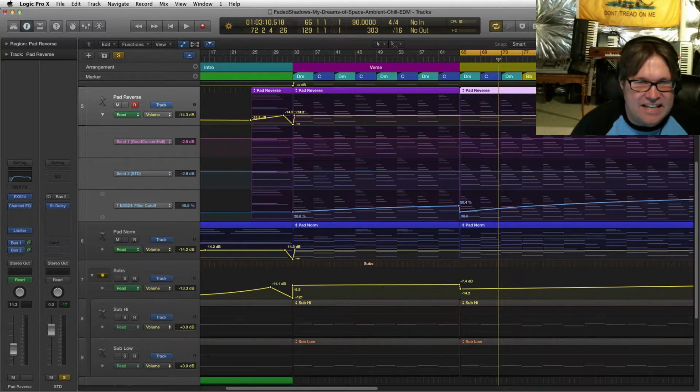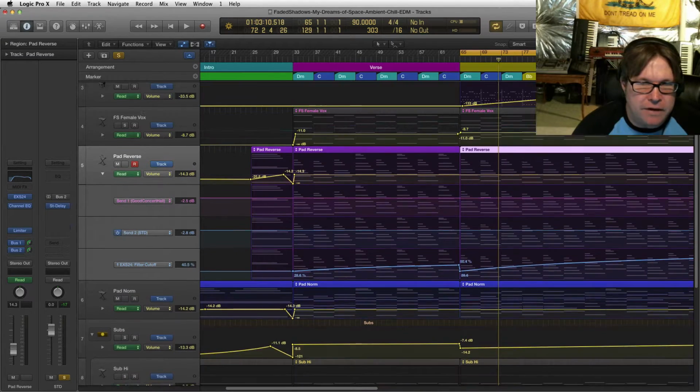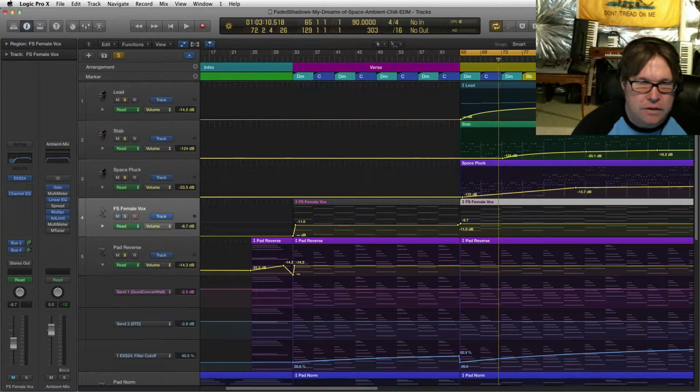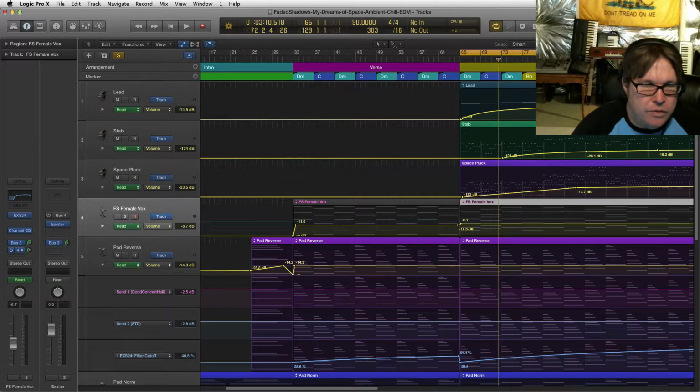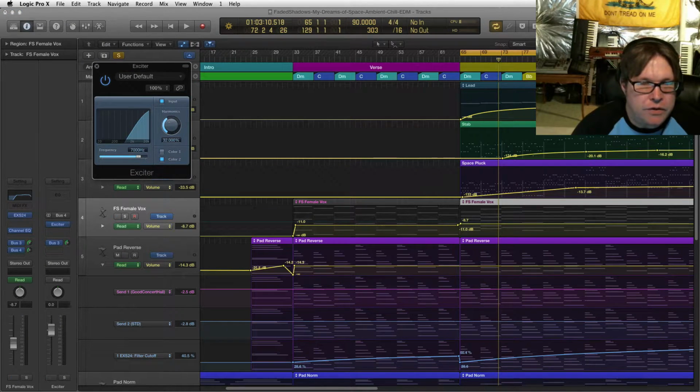All right. Now the next thing we want to do is, we talked about that one, we talked about the other reverb and delay. So those are the only two main effects. I think I have one more effect on the Vox sound, and that is this one right here. It's the exciter. What I did right here is I bussed out the exciter. I put an exciter on a different bus. And so what I'm trying to do here is